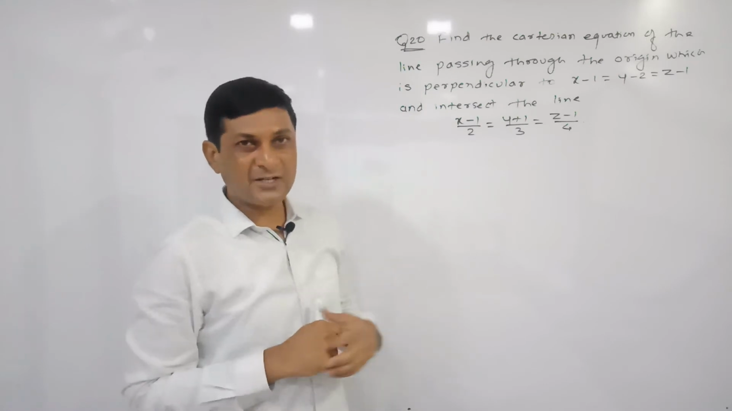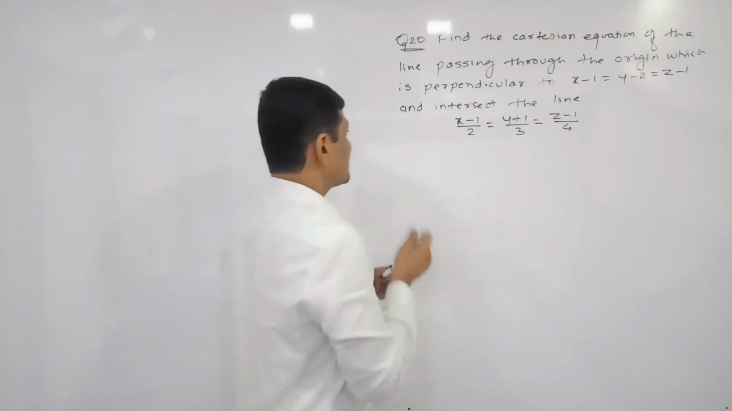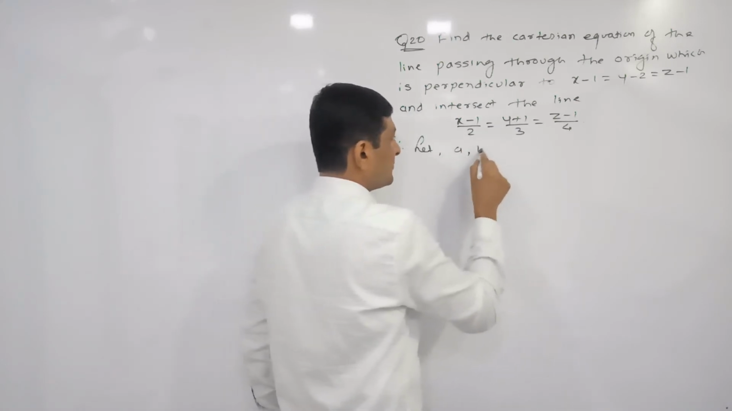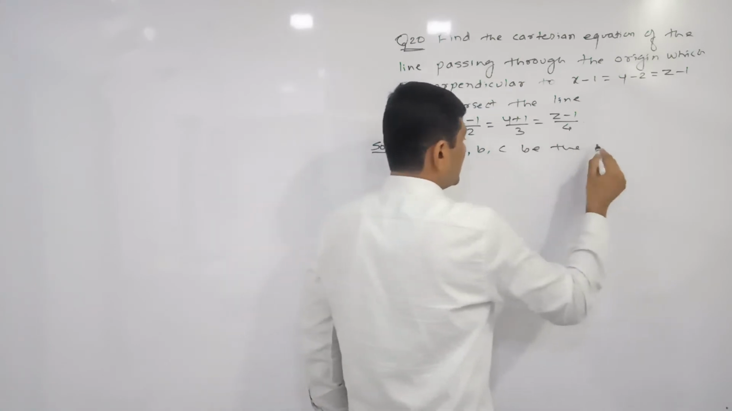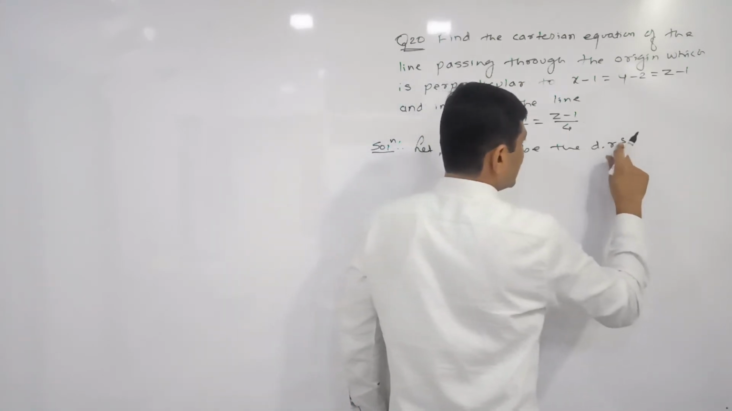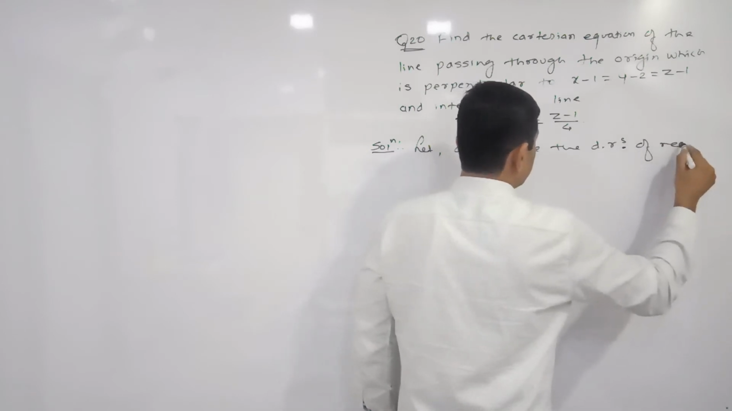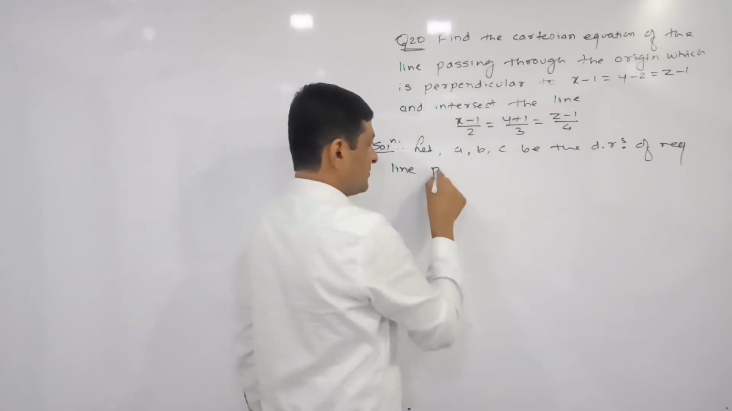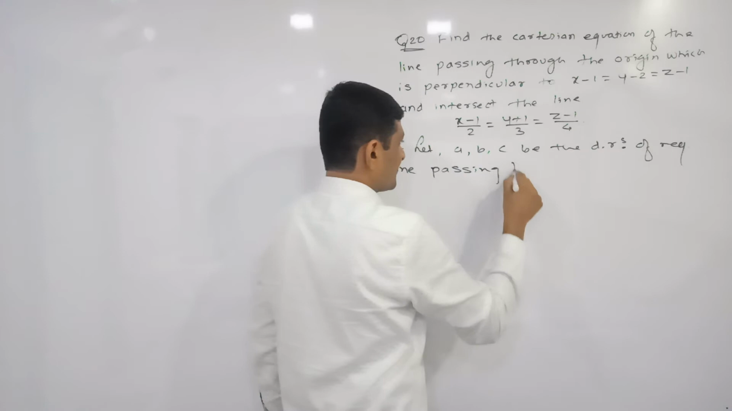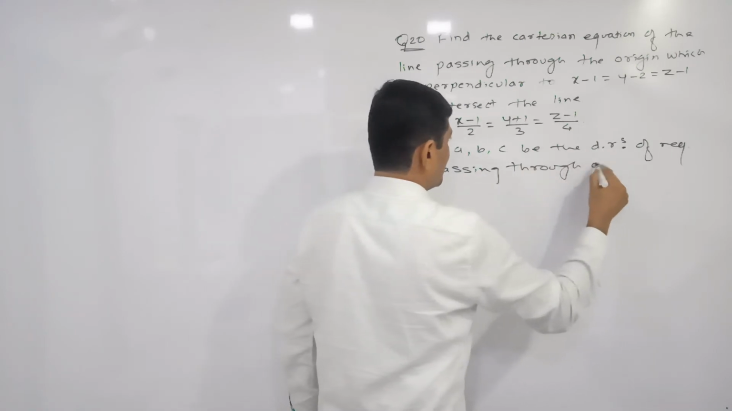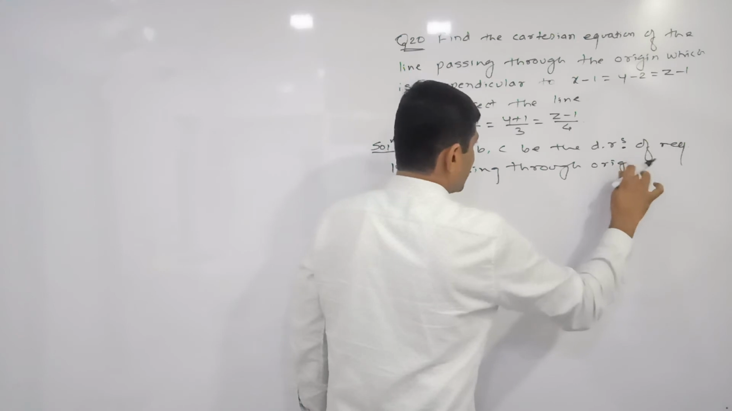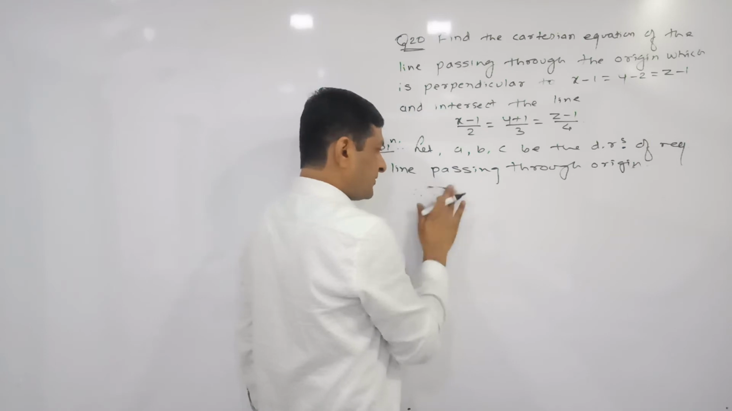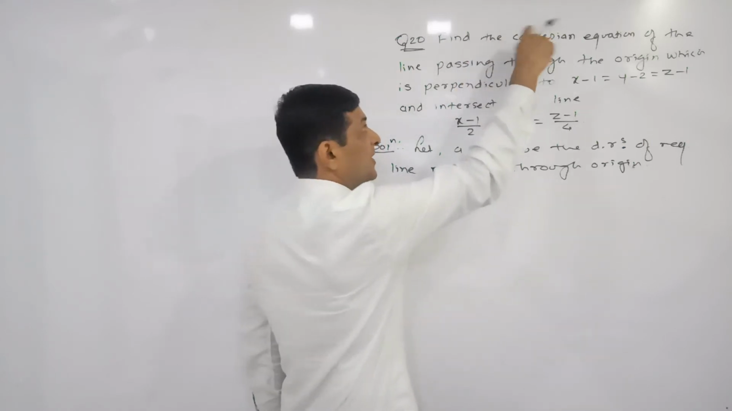Now let us denote the direction ratios of the required line by A, B, C. So in the solution we suppose that let A, B, C be the direction ratios of the required line, and this required line passes through what? Origin. So that's why we can say that the Cartesian equation of line, because the question is to find what? Cartesian equation